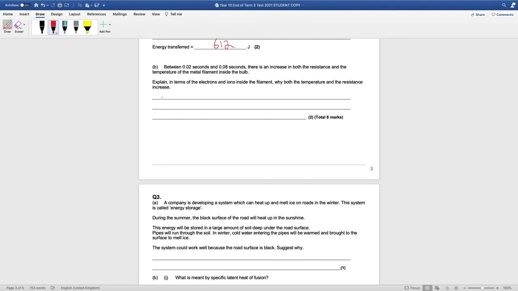Well, I would say the electrons collide with the ions, and notice we have to talk about ions, not atoms. It says so here, but even if it didn't say so, using the word atom here would get you no credit. So the electrons collide with the ions,